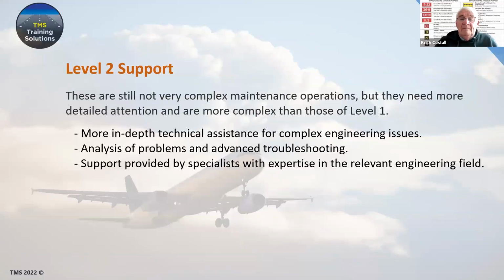We can do that. When we look at level 2, we're going into a little bit more deeper consideration, more in-depth, with the engineering elements maybe a little bit more complex. Maybe we are talking about the sensors, say in photometrics, the sensors for capturing the data. Maybe we've got a problem with the sensors. Things go wrong in the field for a variety of reasons. Or is it the communication of that information to enable us to analyze and present it? So there's a little bit more in-depth